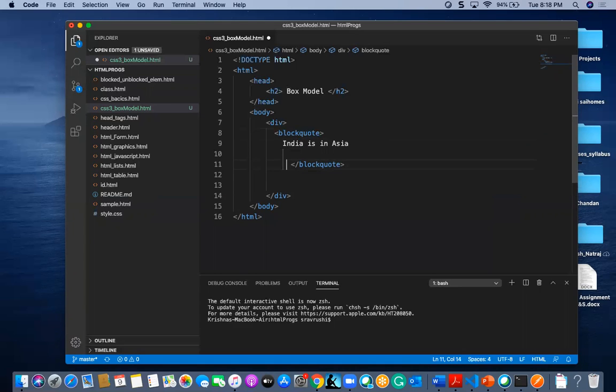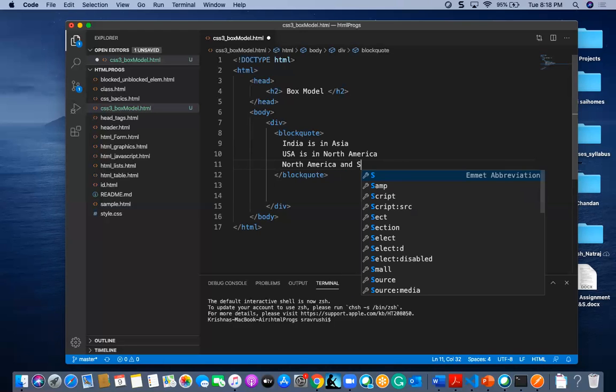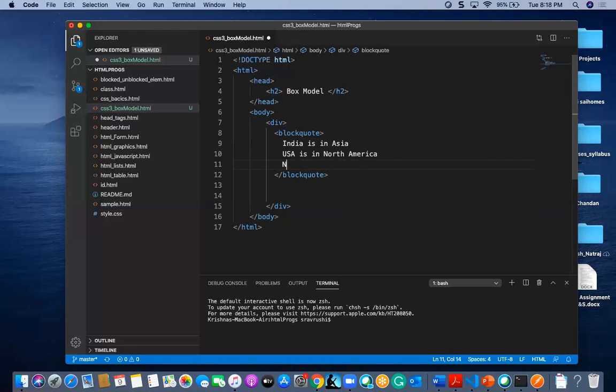And one more, like some USA. Oh, this is my block code.